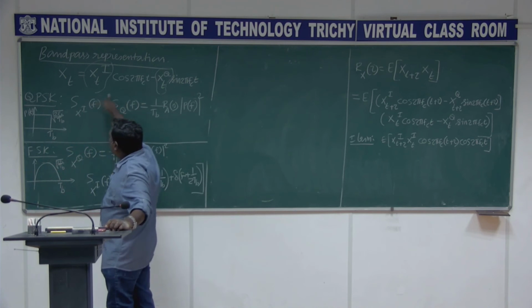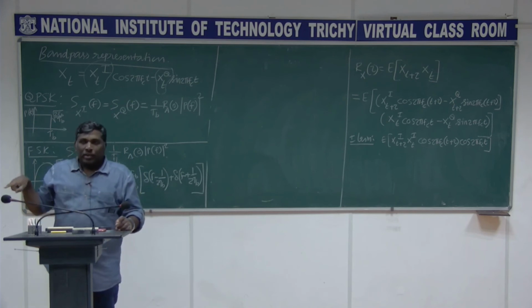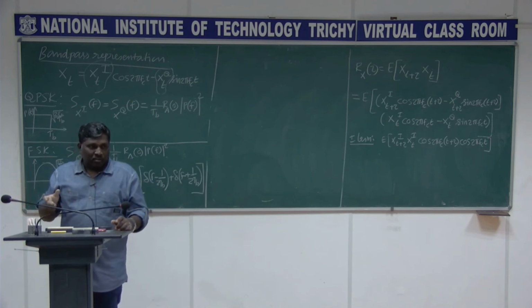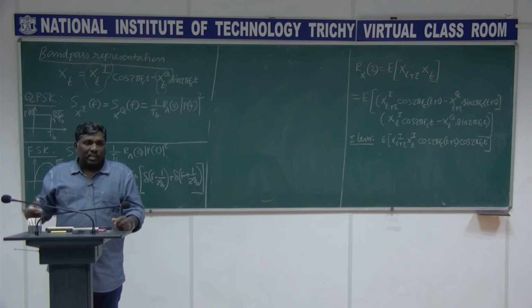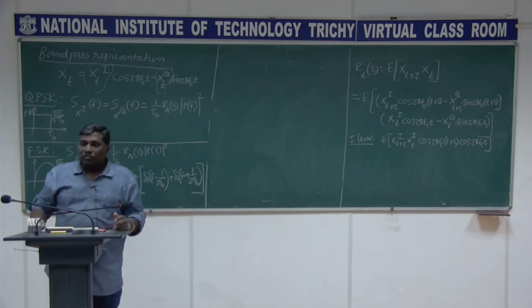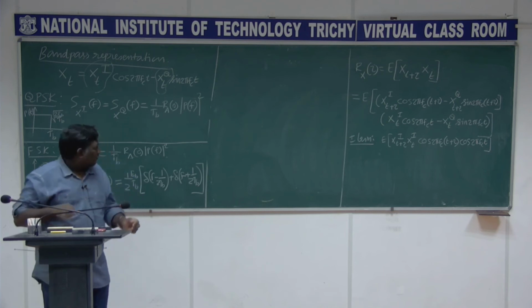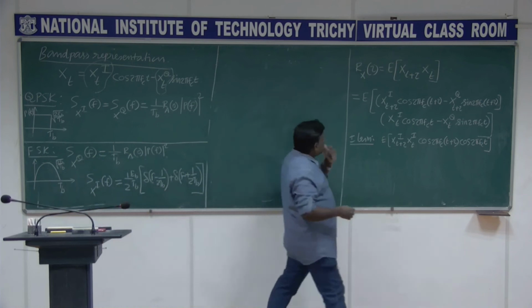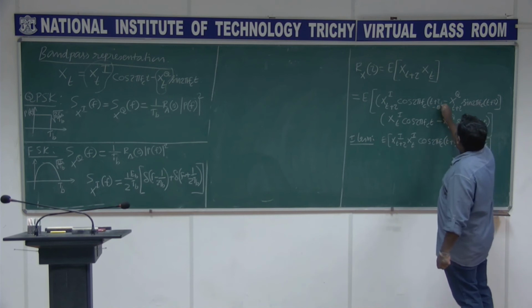For example, in case of the band pass transmission, this Fc plays the important role. In case of the baseband transmission, once in TB, we are actually making it random. So the delay is happening there with TB as uniformly distributed. But here, as we are having this carrier frequency Fc, we have to say that the delay is uniformly distributed between 0 to 1 by Fc. So this is what I wanted to do, that the delay I want to impose here everywhere.